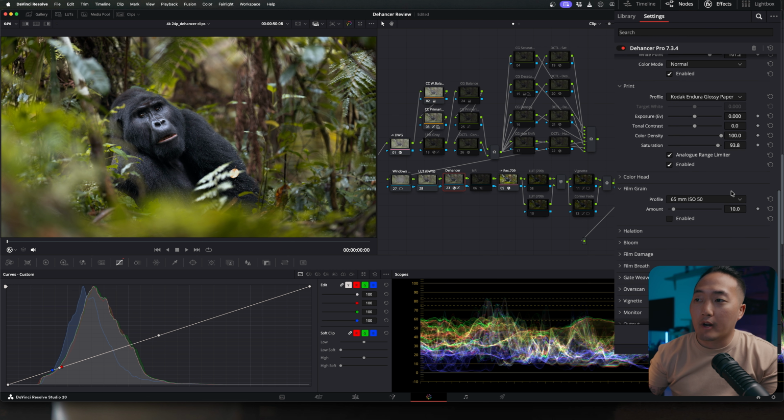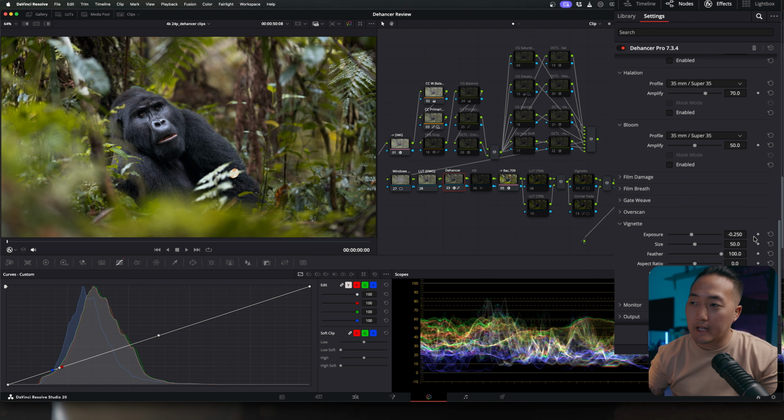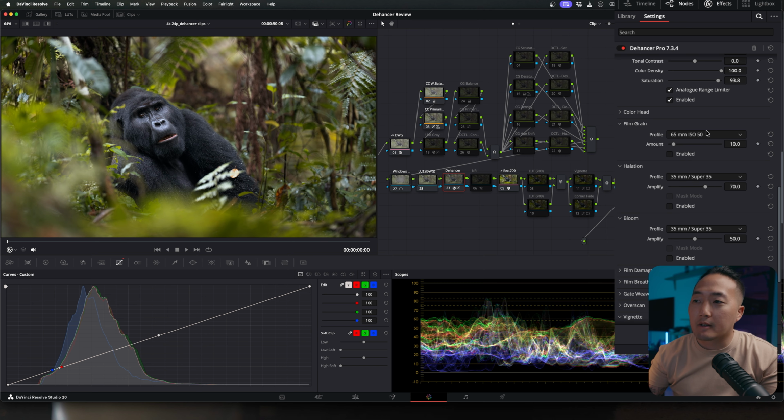With that said, the 4 I tend to use the most include film grain, halation, bloom, and vignette. For grain, I prefer to keep it subtle using either 35 or 65mm, and for this project I kept everything with a 65mm ISO 50 look for just a touch of grain. Halation adds a warm fringe on bright highlights, and bloom creates a halo around your brights, which is nice on